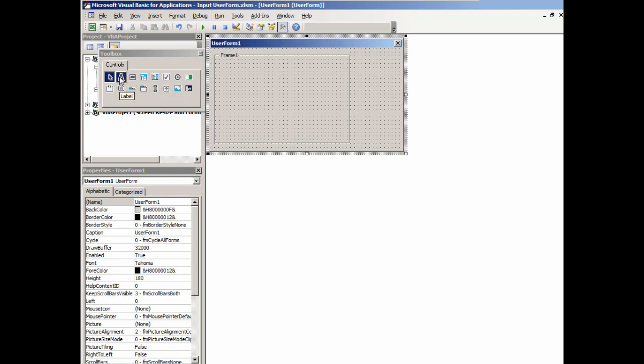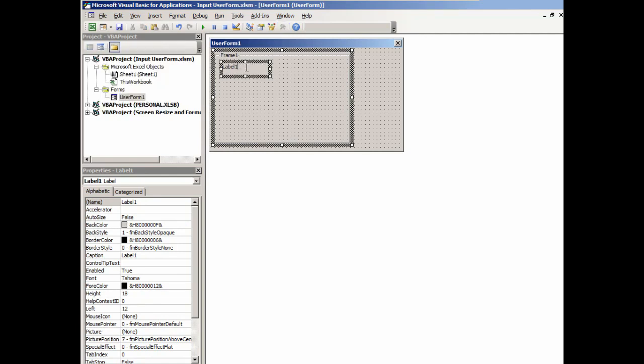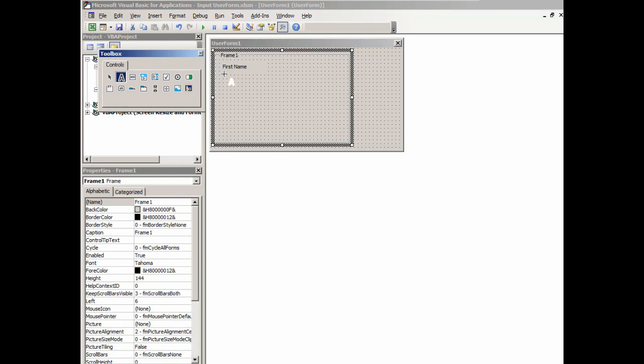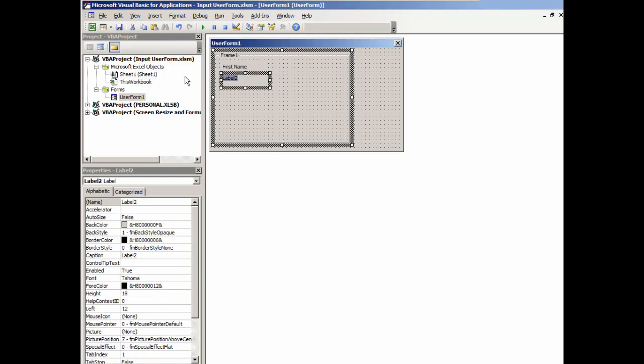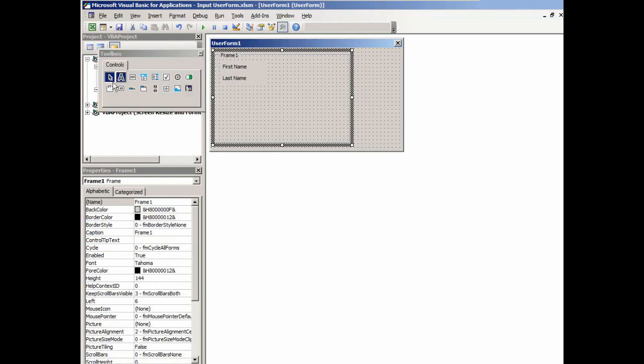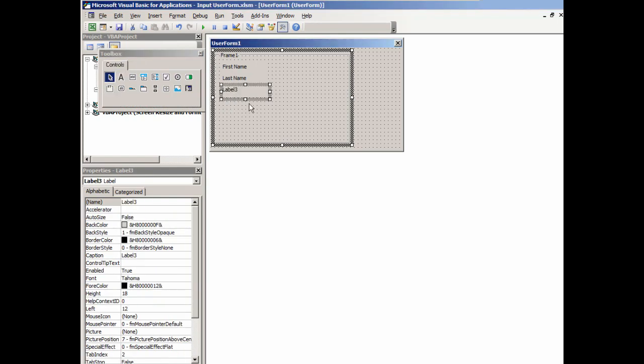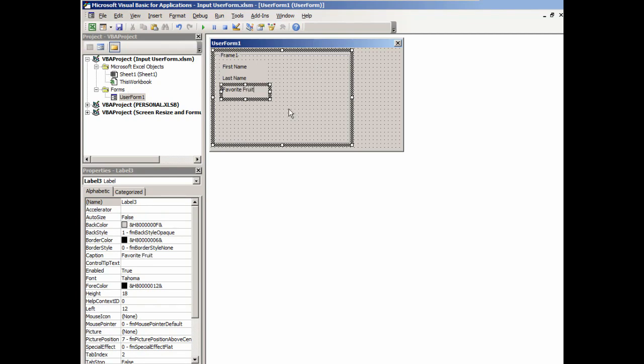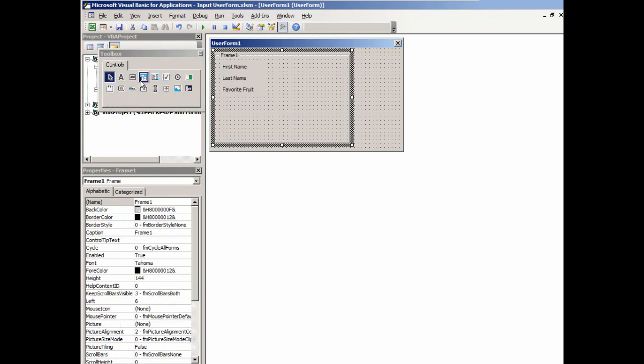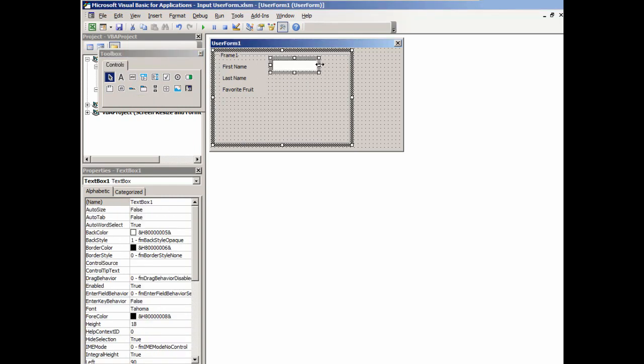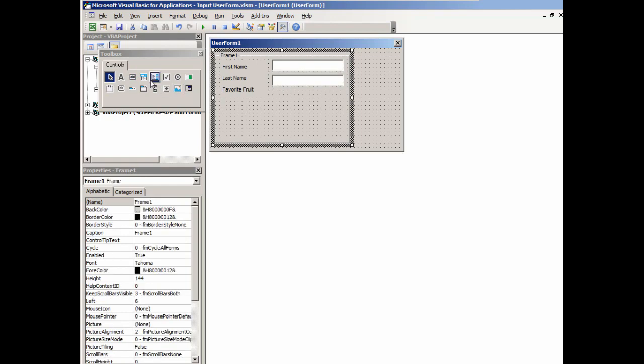We need a couple of labels, so I'm going to click and create a label. This first label will be called first name. Click here, create another label, and we'll call it last name. And a third one there, favorite fruit. So now we're going to add our text boxes. Text boxes allow us to fill in the blank. So we'll put a text box there, put a text box here, and we will put